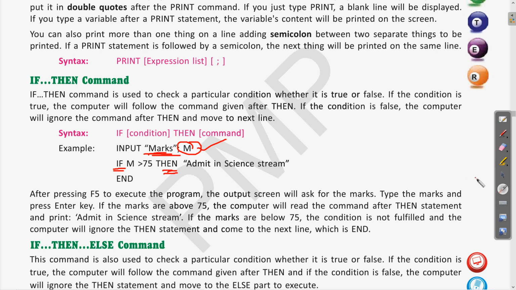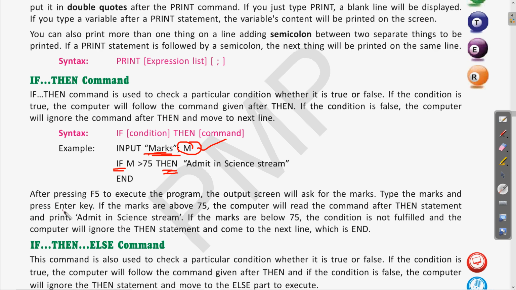Okay, let us read the statement below this. After pressing F5 to execute the program, once we have written this program, we will press the F5 key for running our program. The output screen will ask for the marks. Clear? So when you run this program, on the output screen it will ask you for the value of M. So type the marks and press the enter key. Clear?